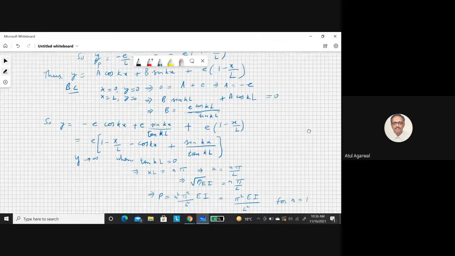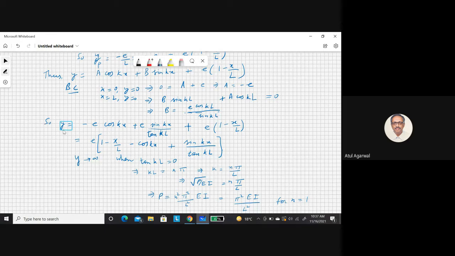So you'll see your A and B look like this. So y is equal to this value. This is the expression you get for y. Now you see this expression has tan kL in the denominator. These terms are all in x, the longitudinal direction. Cos kx, you see, is limited between +1 and -1. Only tan kL is a problem. If tan kL becomes 0, this term will become infinite. So that is what you are looking for.